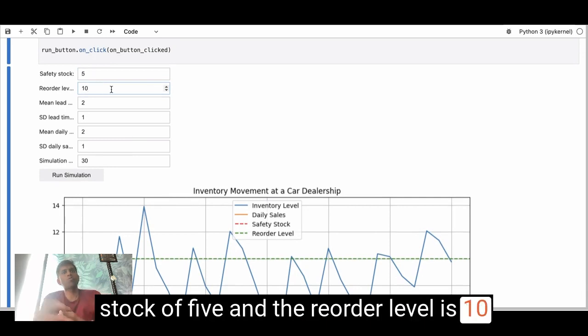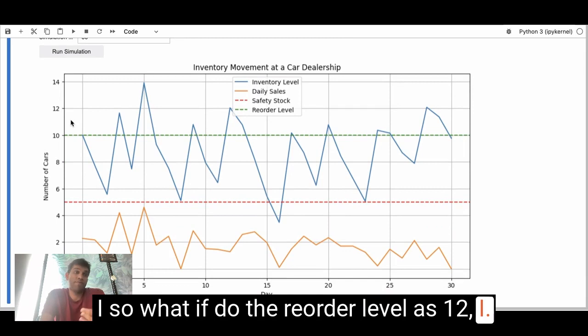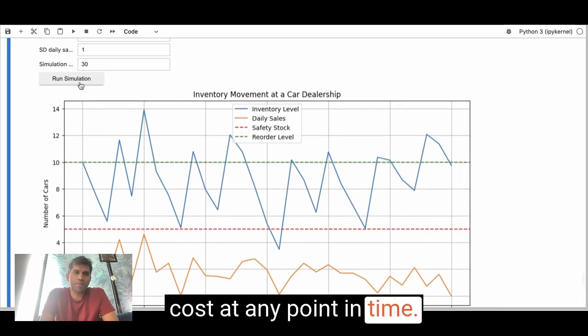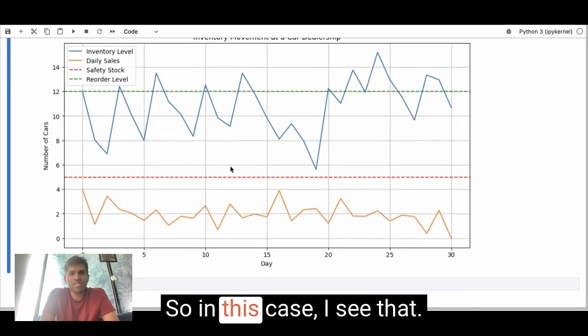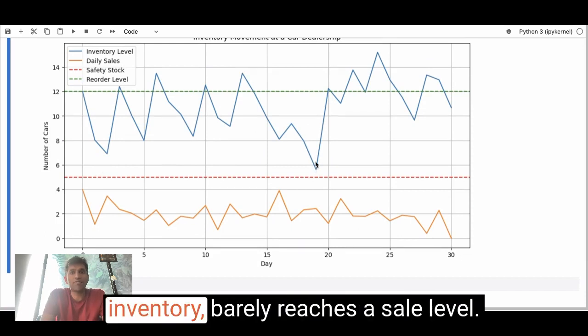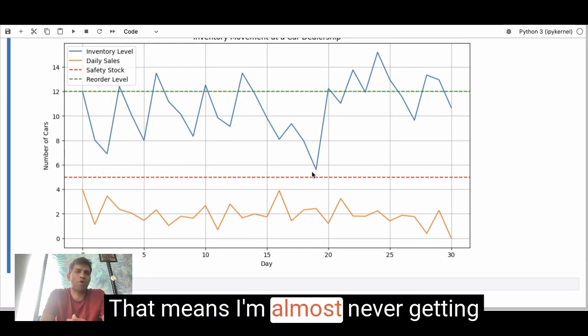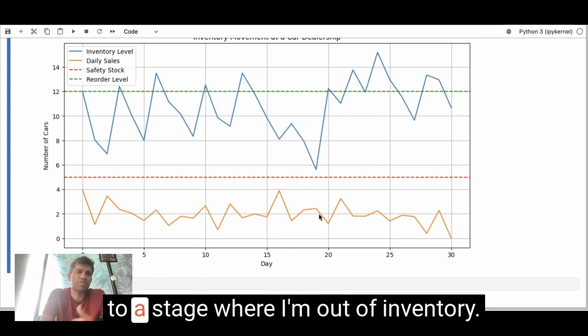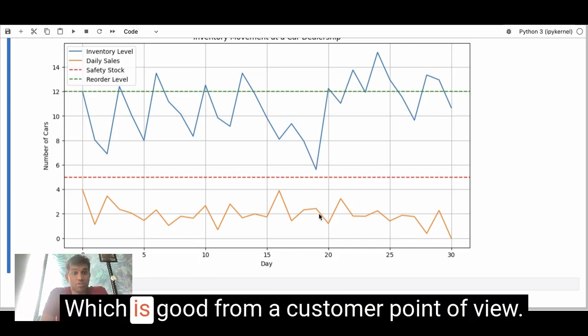Now what if I make the reorder level 12? So 12 is when I will end up having a lot of cars at any point in time. Let me run the simulation. In this case, I see that the inventory barely reaches the sale level. That means I'm almost never getting to a stage where I'm out of inventory, which is good from a customer